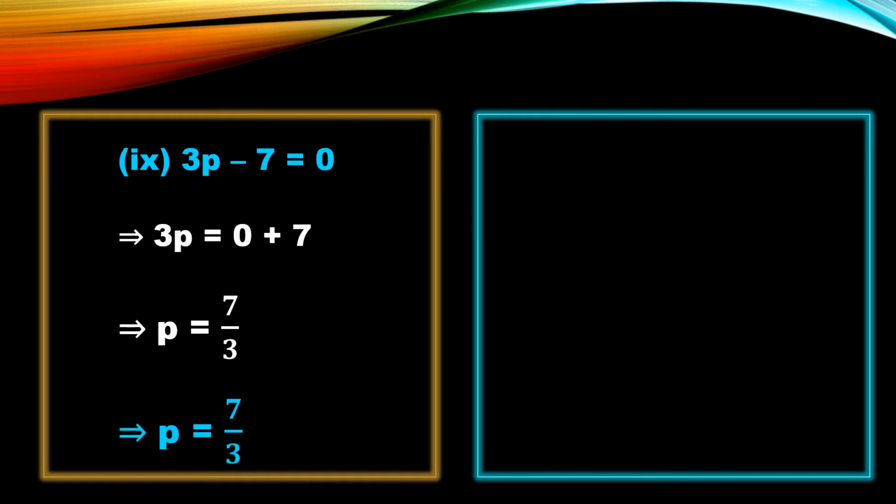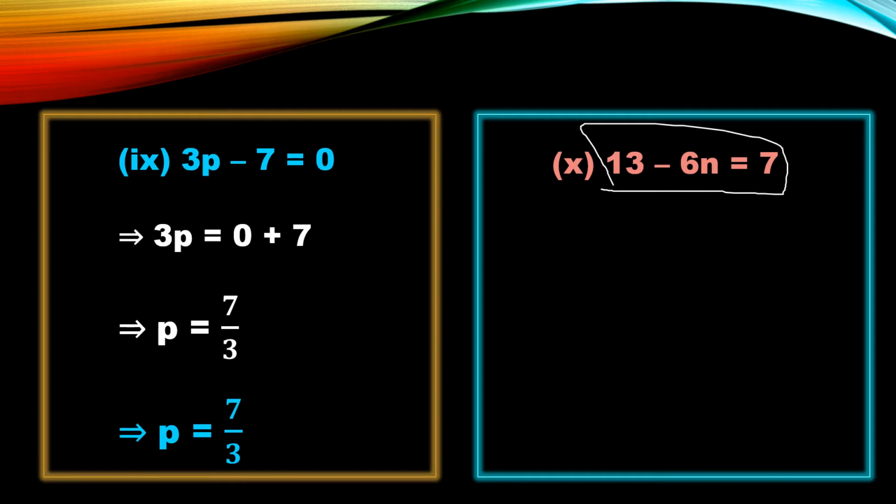Okay. So let us take the next question. 13 minus 6n equals to 7. Simple. Whatever is there with the variable, that we should send to the other side. So here minus 6 we have. We should send this one. But before this, we have 13, right? So here 13 is in plus. It is in plus sign with this one. So when plus 13 goes there, it becomes minus 13. Whatever is to be sent, that symbol will only change. Others will remain as it is.